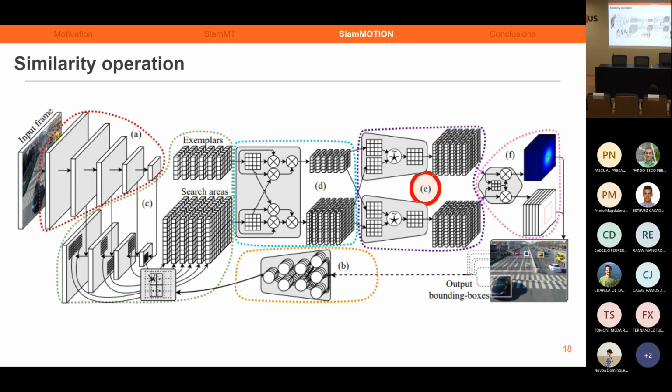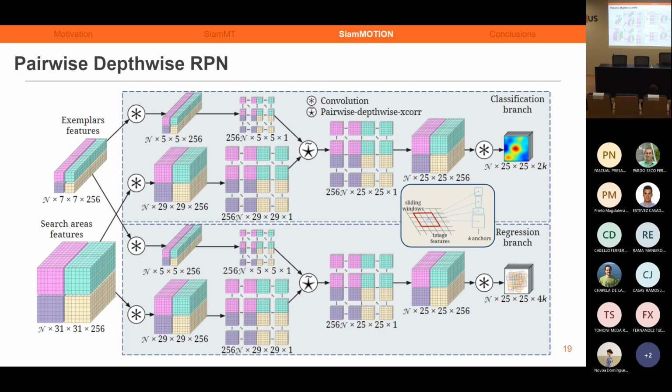Another substantial change of this update is the update of the similarity operation. We now use a region proposal network, specifically designed for multiple object tracking. An RPN subnetwork, like the one shown here, is based on the use of anchors. These are rectangles of different shapes and scale ratios that slide across the search area. Thus, the objective of the network is to predict the probability that each anchor contains an object or not, and to fit it to its bounding box